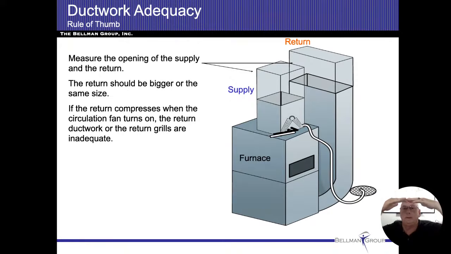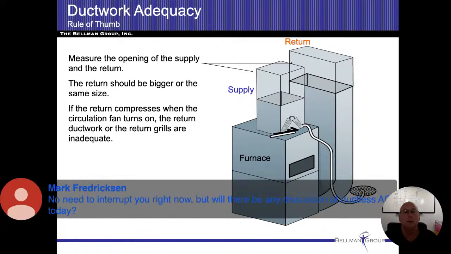Discussion of ductless AC today. No. Mark just asked me a question if there's going to be any type of ductless air conditioning. I got nothing on that. So the answer is going to be no, nothing's in there at all. Sorry. Going back to